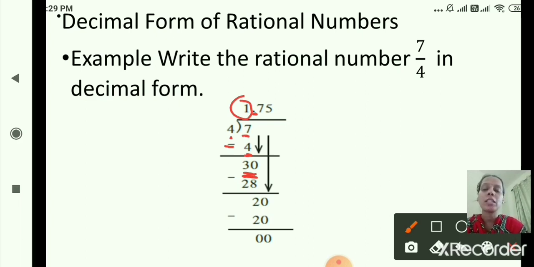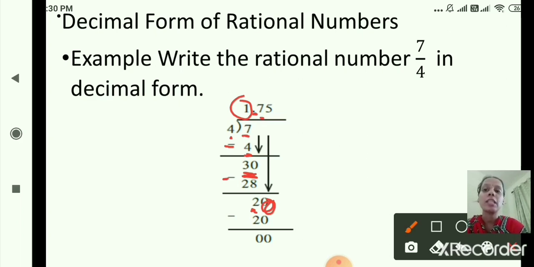As you can see, after the decimal point I have written 7. 4 7s are 28, right? So below this 30 you will write down 28. Here it is again a minus sign. Now do the subtraction. 30 minus 28, that is 2, right? Now again here it is 2. Can we divide this 2 by 4? No. But now there is no need to put the decimal point again. Directly you can add 0 here, right? So now it becomes 20.